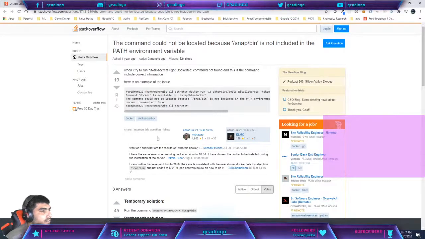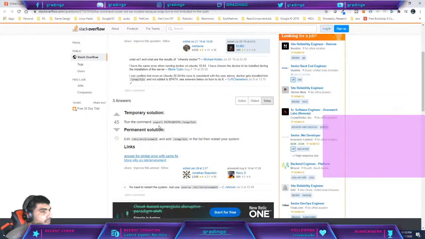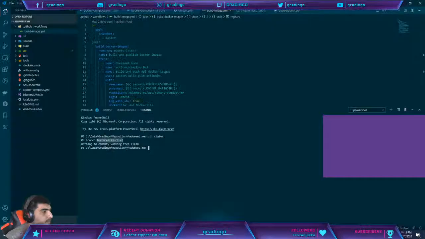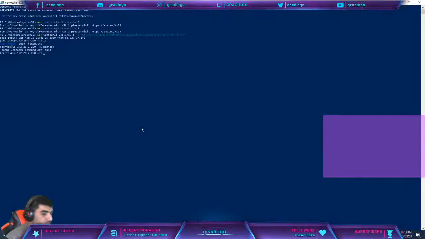Right, okay. Export path, edit /etc and restart your system. I don't want to restart it. Let's see if my binaries are located in that folder first of all. So if I say ls,